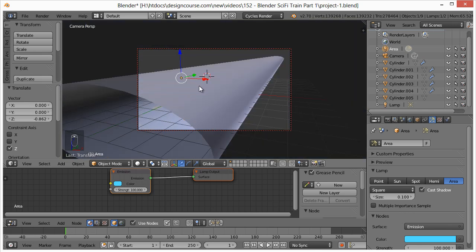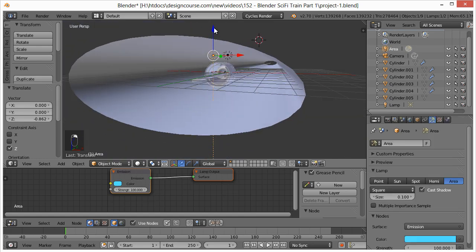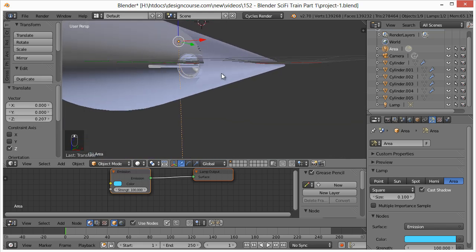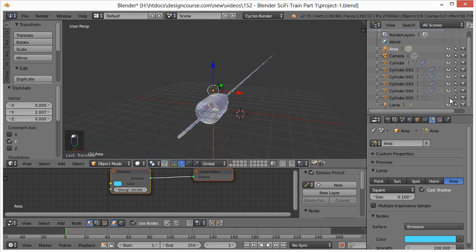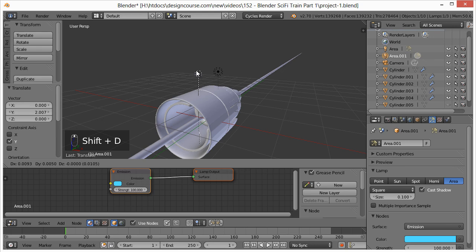I'm going to take that one. Push it down. Hide my cylinder. Shift D, left click,